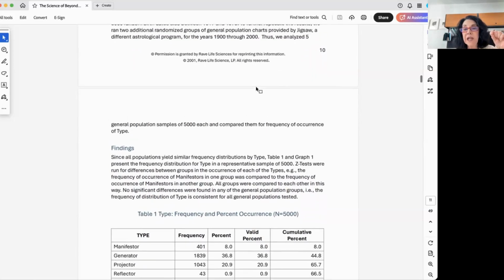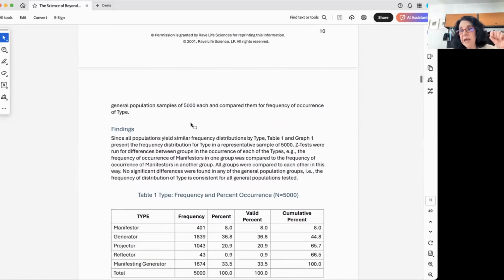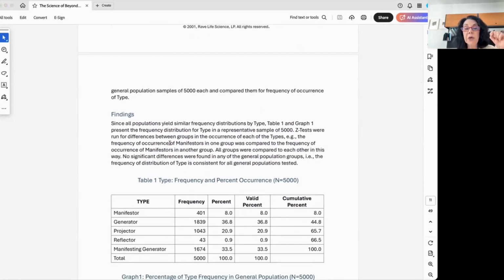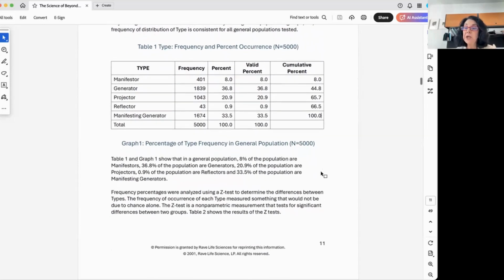We analyzed 5 general population samples of 5,000 each. And we compared frequency of type. So this is a table of the frequency. Table 1 is showing the frequencies that add up to 5,000, the percentages, a valid percent, in case there was some error, a cumulative percent. And then based on those,